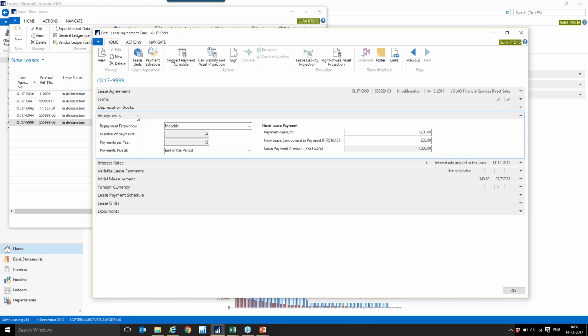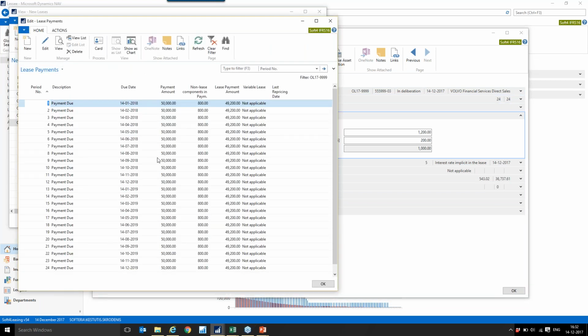You have your repayment, starting from frequency, which can be anything from weekly to annual. Due at the end of period, so regular annuity, or beginning of period, annuity due. And you have your payment amount. And if your payment schedule is not regular, you go in here, payment schedule,